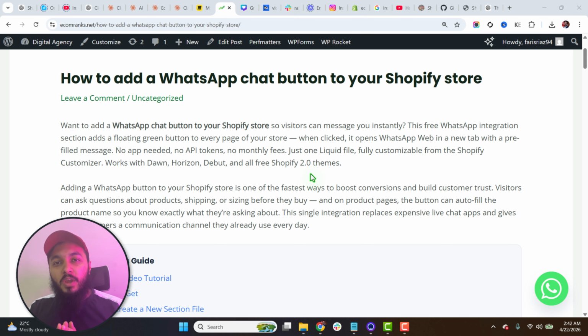If you are looking to add a floating WhatsApp chat button with all the functionalities that can be customizable within the Shopify theme and free to use, no API, no paid apps, all the things that I will teach you in this tutorial are free, and you are able to add this widget on all parts of the website, like on the home page, product page, or on the collection page, similar to this one.